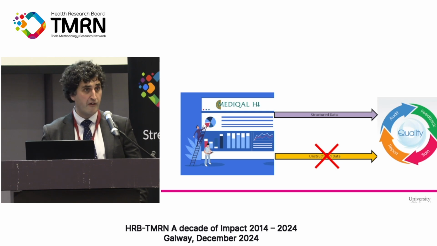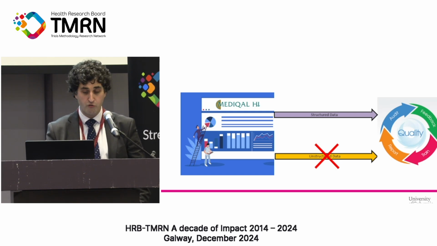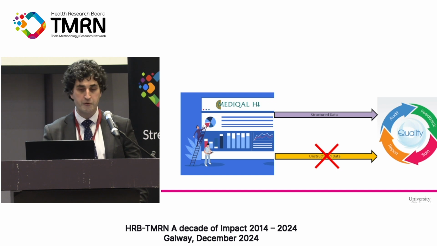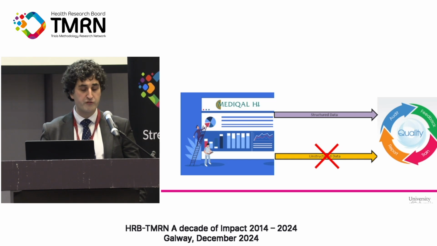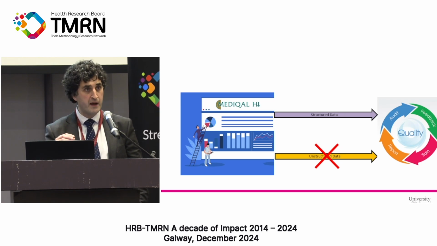So this is a free text note where the patient comes to clinic and the doctor writes a note about them. Dear GP, I saw John in clinic today. He's a background of IgA nephropathy. His blood pressure is normal. He has no protein in his urine. We'll see him back in 6 months' time. An incredibly rich source of information, but it's not in a format that you can do audit, quality improvement, or